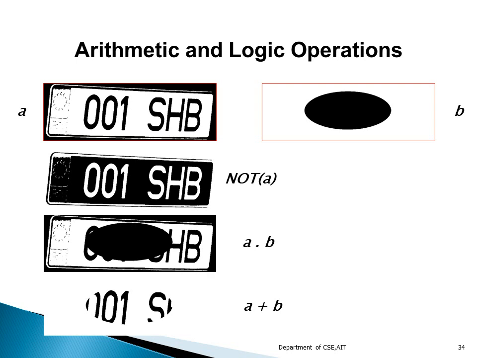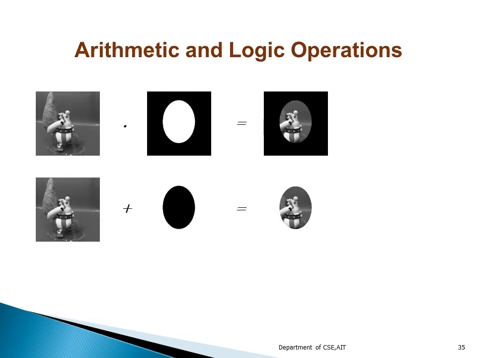So you can also go for A plus B. What does this A plus B mean? Logical addition. When you go for the logical addition, because it is the OR operation, if one is 0 and the other one is 1, you will get the value as 1. So the OR operation will be performed and you are going to get the output as shown in the picture. These are also some of the arithmetic and logical operations that we can apply.